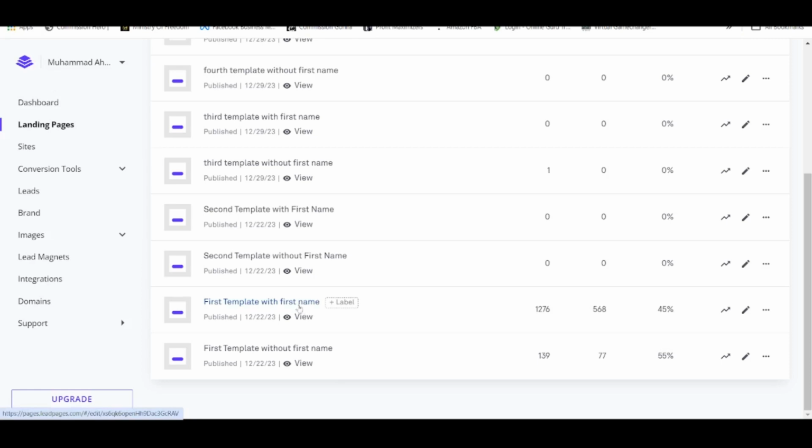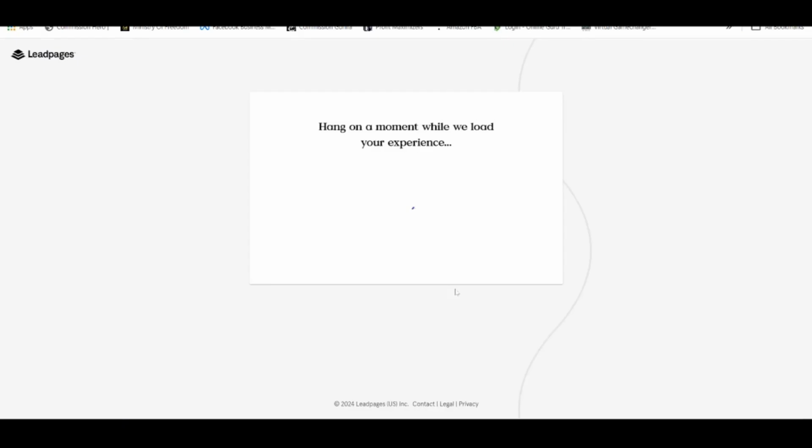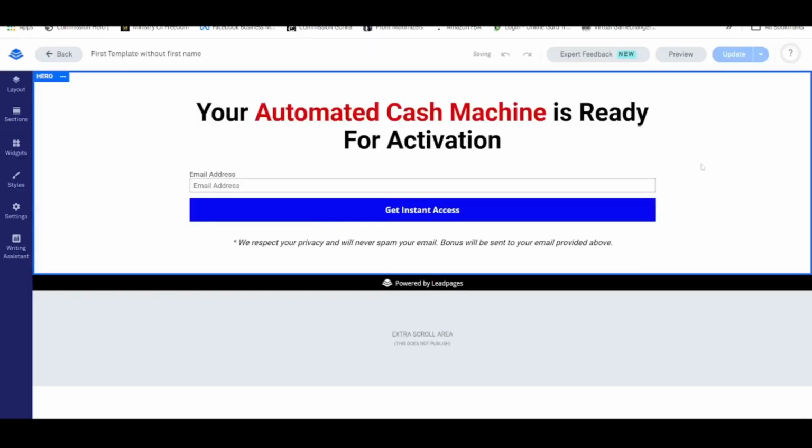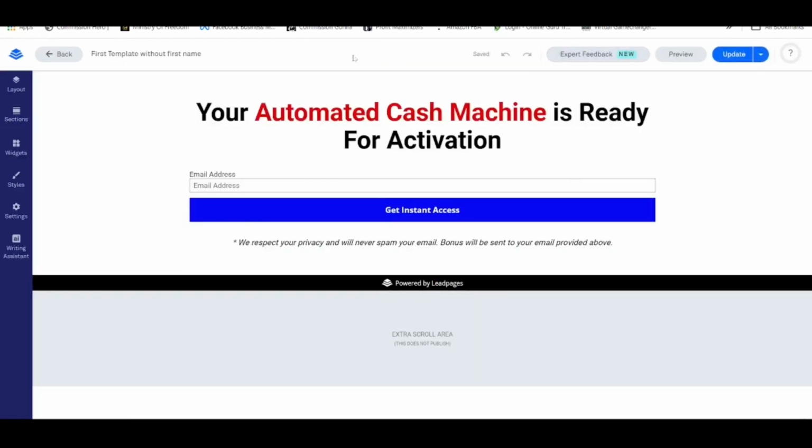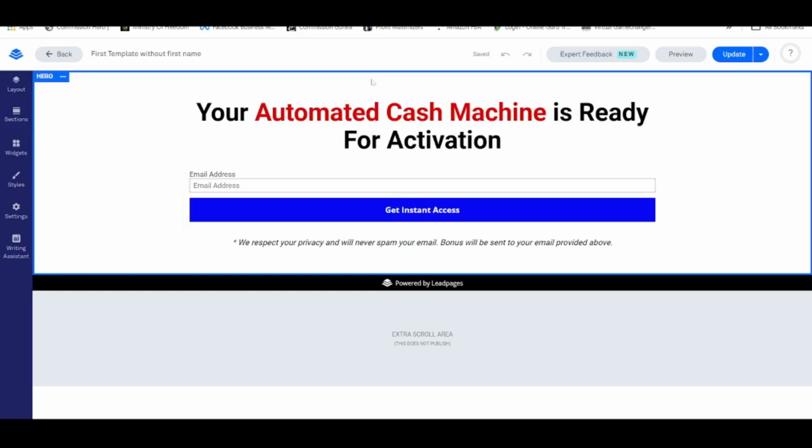So let's say, assuming we are going for the first template without first name. Alright, so click on that and let's open up the editor version. So this is the particular template that we have discussed about on how to design the whole thing. Again, if you have missed out any parts of this entire training series,